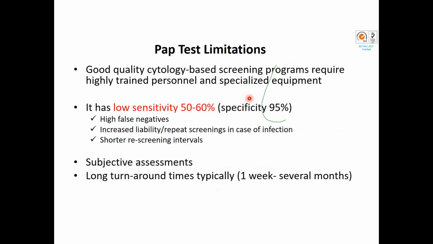So what are the limitations of our pap test? Usually a good quality cytology-based screening program requires highly trained personnel and specialty equipment. It all starts from the sample collection to the processing part. Because if we don't collect the samples very well, we end up with very wrong results and we end up with this wrong diagnosis. So the sensitivity part of it, it has